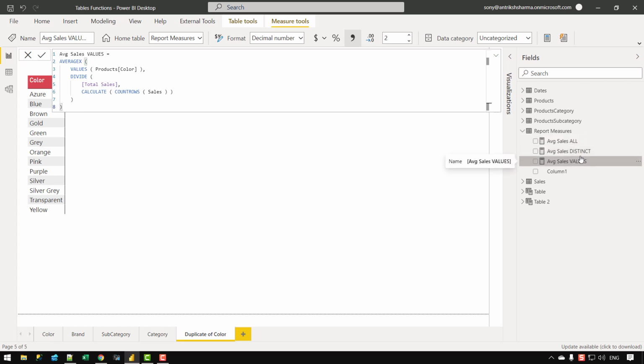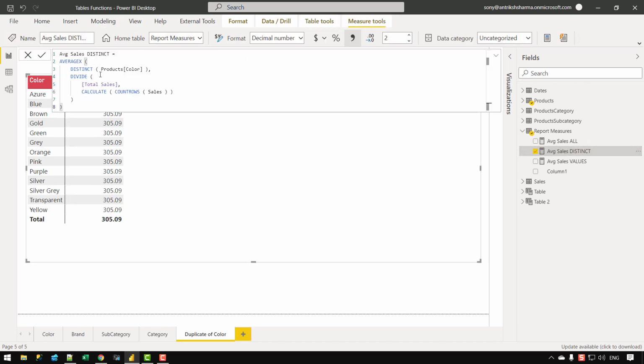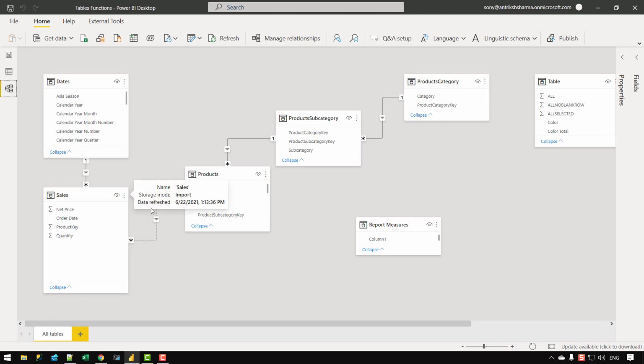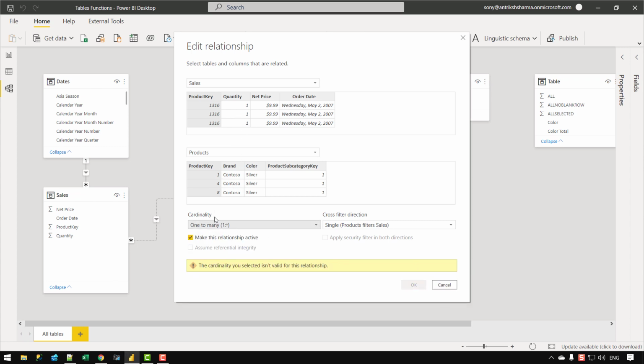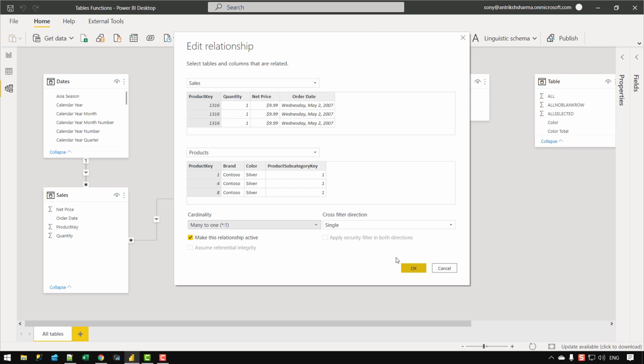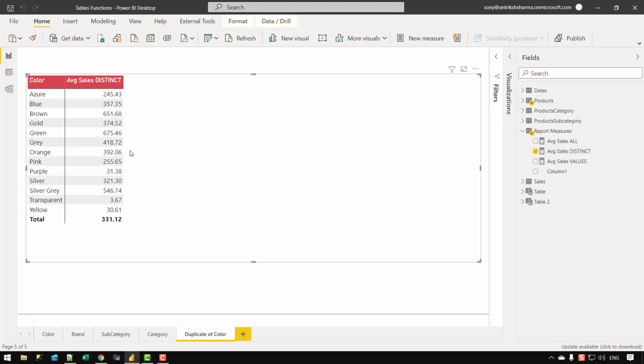If I bring the first one, which is distinct, into the report, you can see that we get an incorrect result because I have not enabled the relationship. Let's make sure that it is correct, and it should be many to one, and let's click on OK. And you can see that we get some values, which is the average sale for each color. Now let's bring the